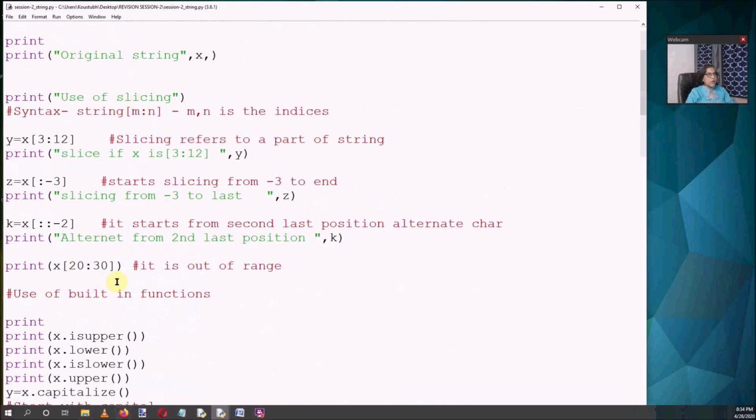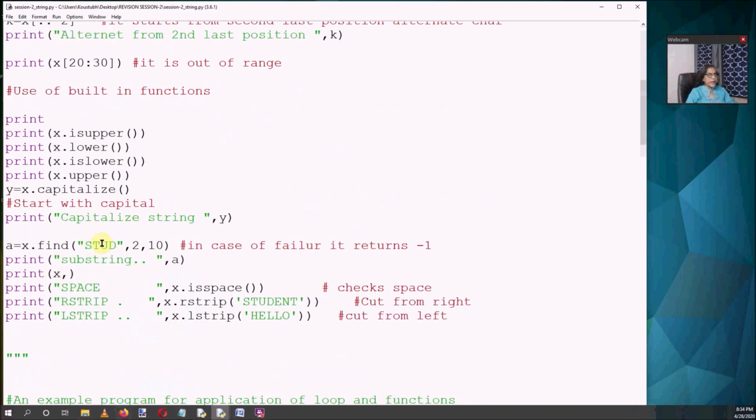So if you want to find any subpart of a given string, then the find function will be helpful. Check the syntax: string name dot find, then the substring within quotation marks, then a comma, then from which position to which position, meaning starting to end.